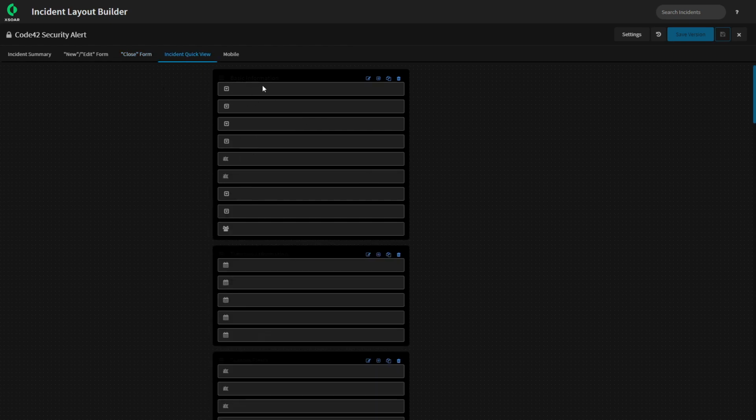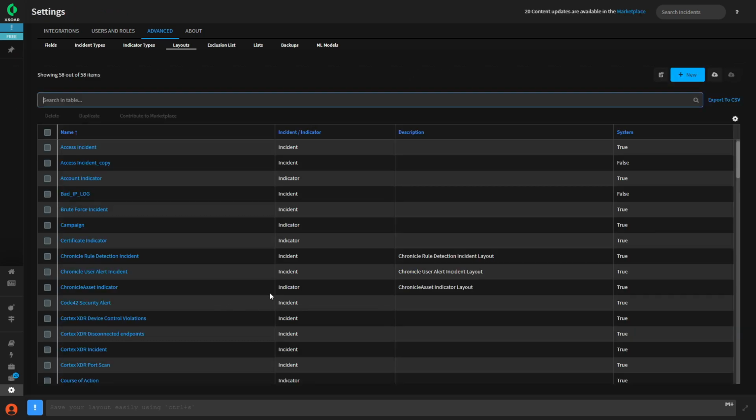The incident quick view, you've got the timeline information, for instance, and the basic information. I really need to change my colors. And how it appears on mobile. So you can configure all that from top to bottom, inside out, build it from scratch, or you can edit